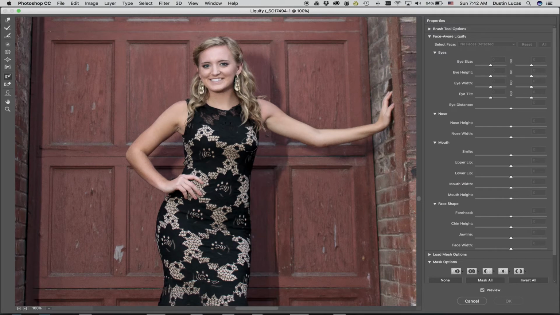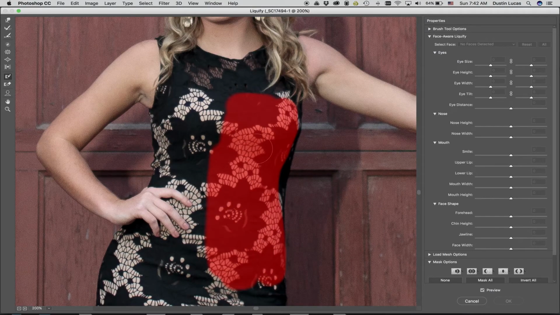But if I start at the chest and I go in and back to her hip, it's going to allow me to use one of my stretching tools to kind of create that S curve. Now I want to make sure